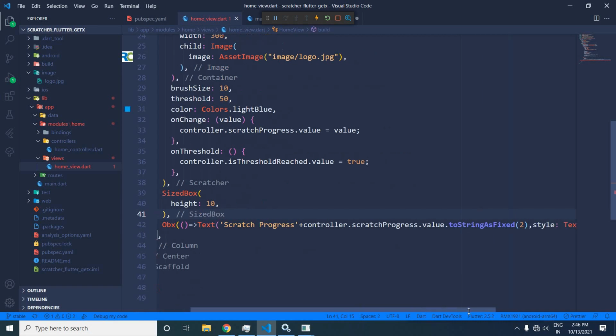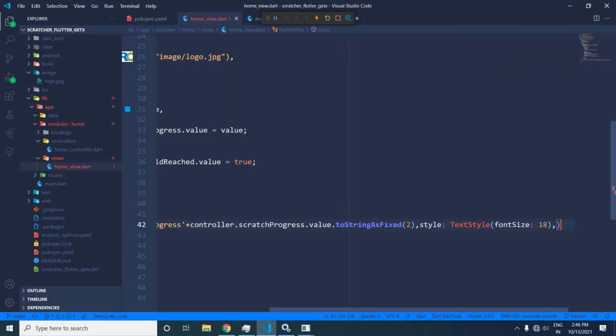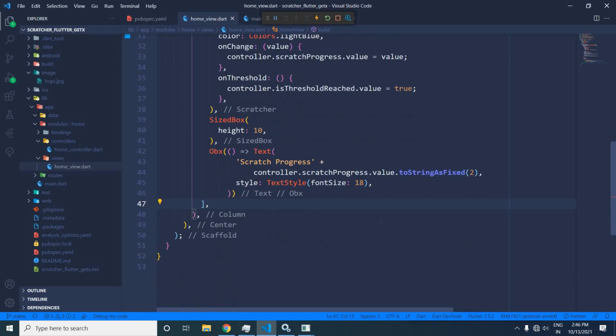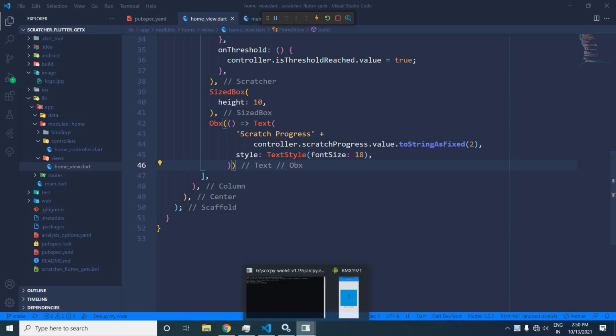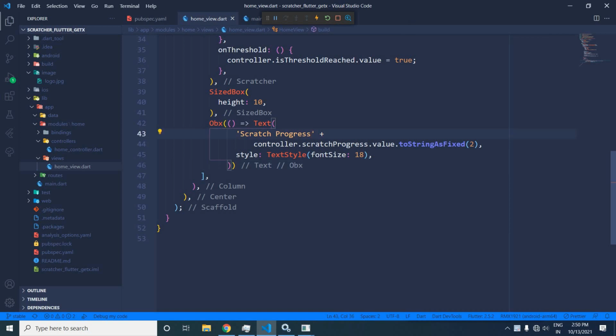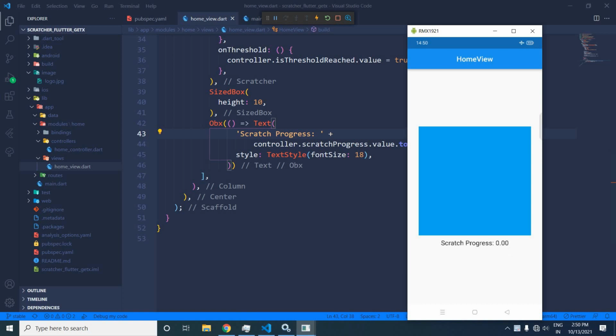There is some error. Okay, now let me save this. Now once I save this, you will get an output like this. Now here let me put a colon. Let me save this. Okay, looks better.